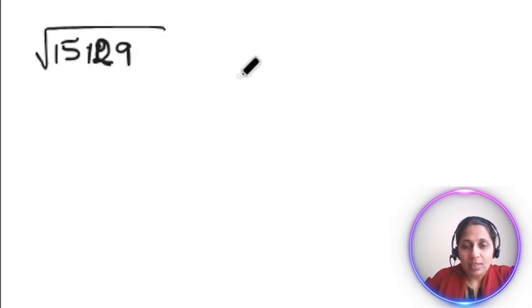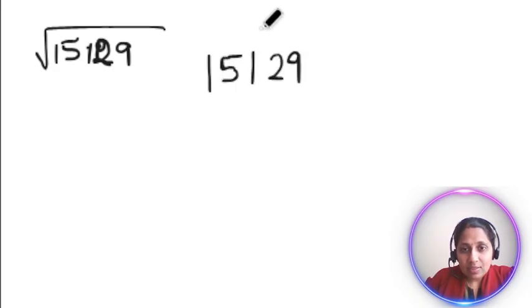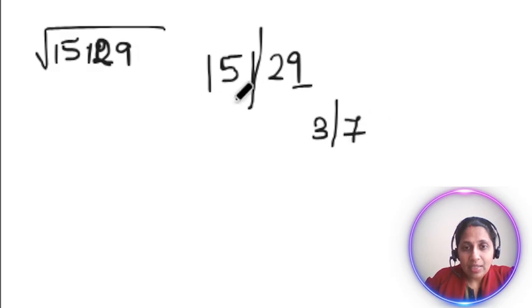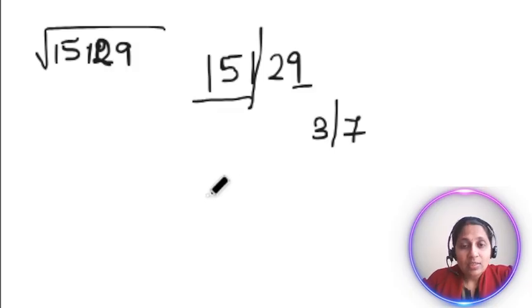Let's take this number and write it separately. And let us divide the number into two parts, which is our first step. Since here also the number is ending with 9, it should be either 3 or 7. Now let's take the remaining digits, which is 151. The nearest perfect square that is just less than this